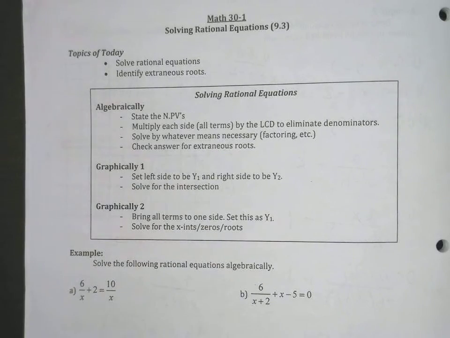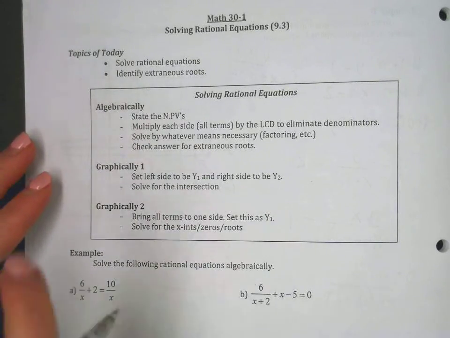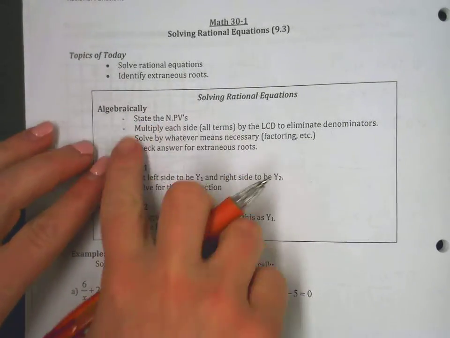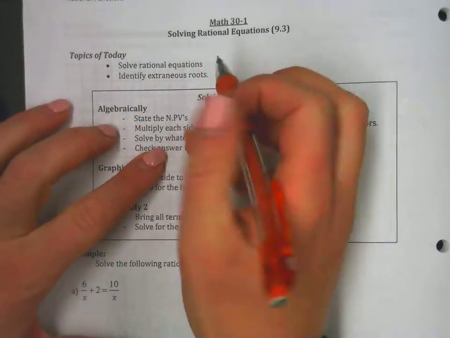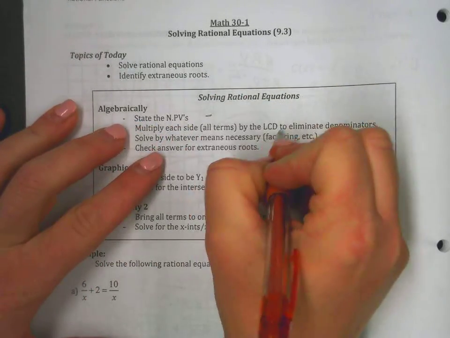So we're going to solve rational equations and identify extraneous roots. This is actually a complete review from Math 20, so we should feel comfortable solving these types of equations. Algebraically, to solve the equations, you want to state the non-permissible values. To do that, and before you talk about a lowest common denominator, you want to factor